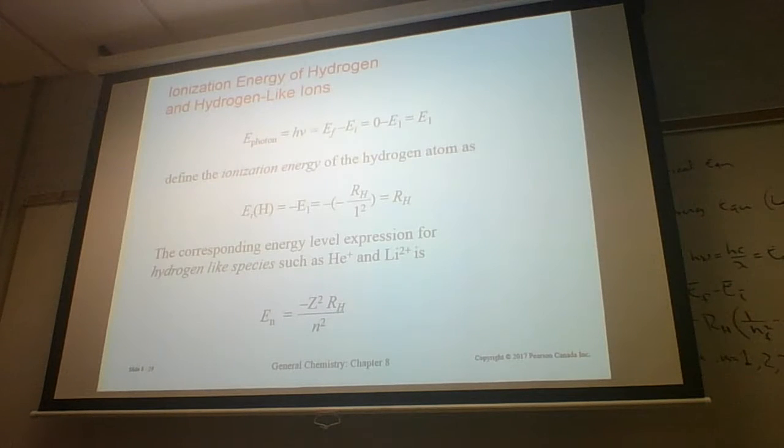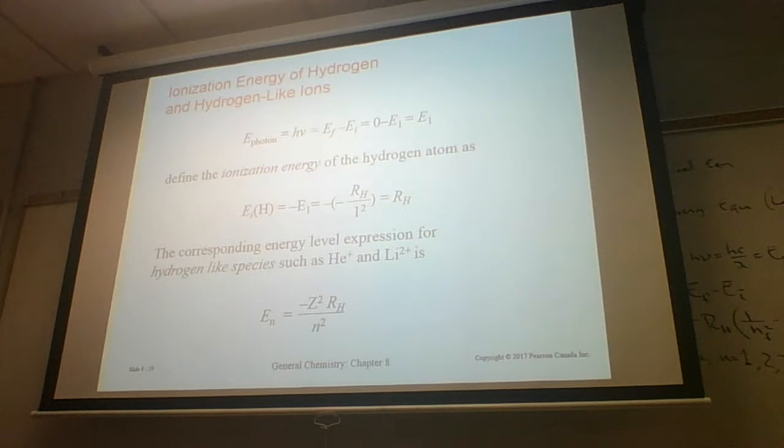...2.179 times 10 to the minus 18 joules. That's joules per H atom. Now, if I have a mole of H atoms, then I'd have to multiply that by Avogadro's number. And so if I have a mole of H, let's go ahead and do that. It's going to be 2.179 times 10 to the minus 18 times 6.022 times 10 to the 23rd gives us